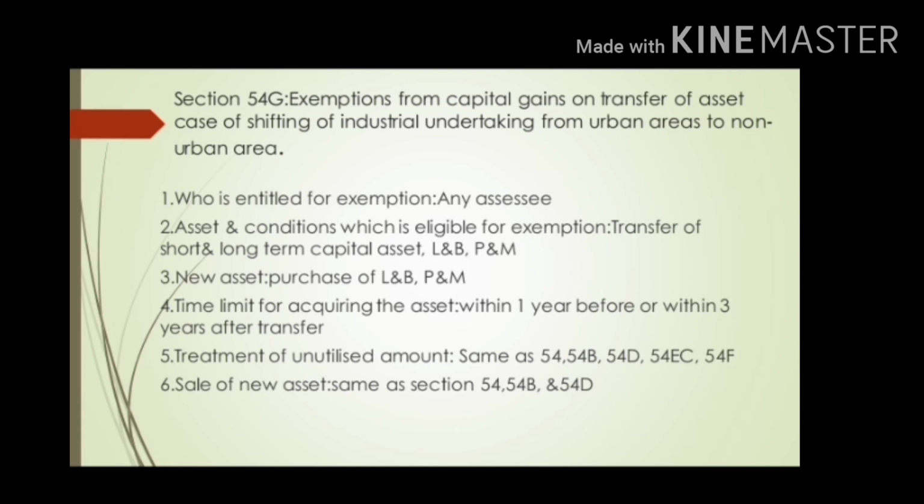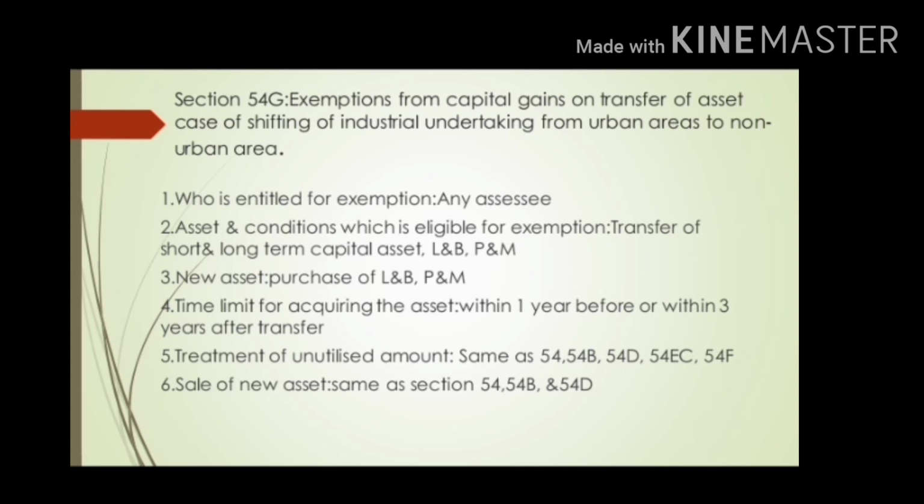the purpose of the business of industrial undertaking situated in urban area. The new asset the assessee should acquire to get the benefit is purchase of land and building, plant or machinery in order to shift an undertaking to rural area, and the time limit for acquiring the new asset is within 1 year before or within 3 years after transfer. Treatment of unutilized amount is the same as above, means deposit in capital gain account scheme, and